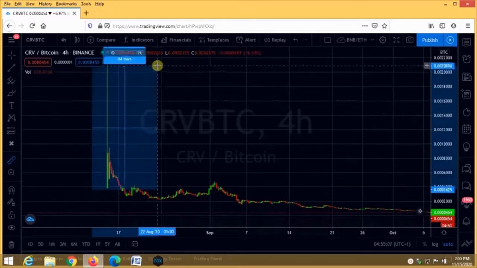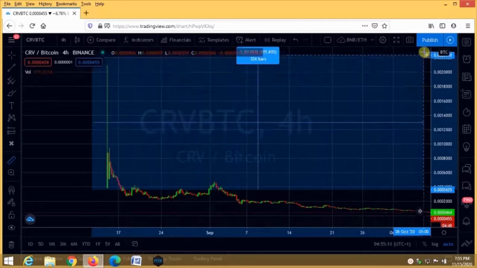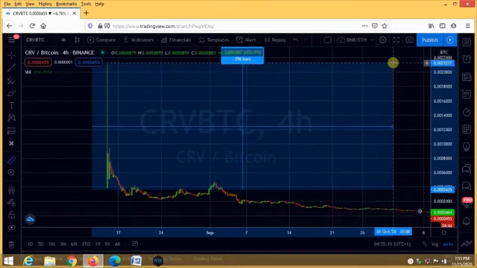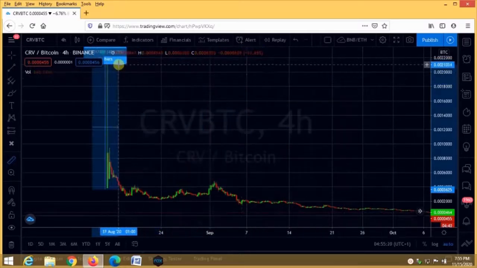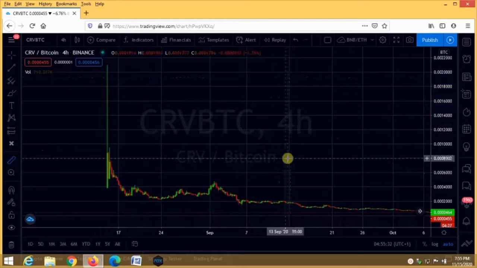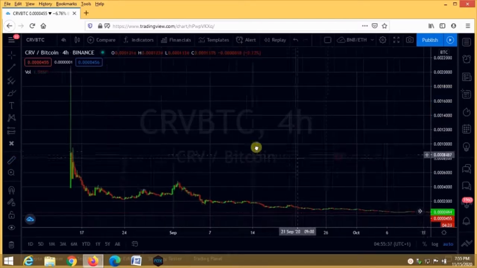Look at the price action. It actually bounced for over 400%. So this particular 4-hour candlestick represents a huge price movement. Price action moved over 400%. So that's it. Now what I'm looking for using the breakdown swing trading strategy, the first step is to identify